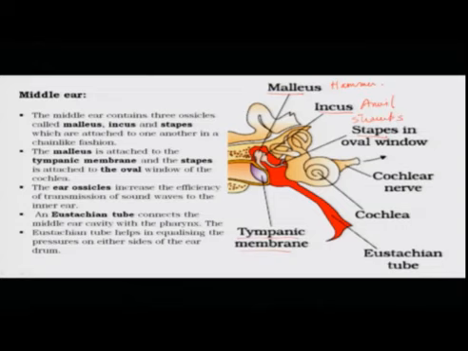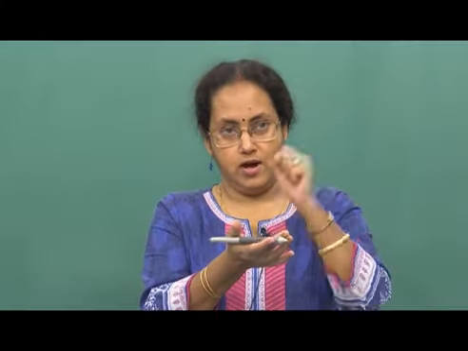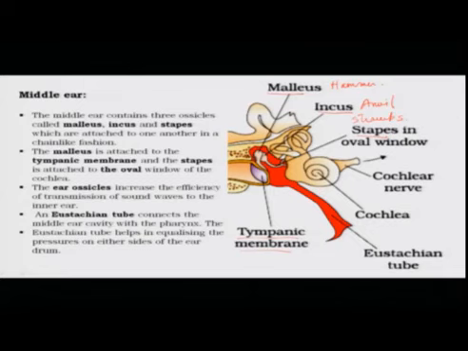So, why are they named like this? The reason is because of their shape. The malleus looks like a hammer and the anvil is the structure on which the hammer is struck, right. So, the incus looks like the anvil. Here is the malleus and here is the incus, and the third bone looks like this